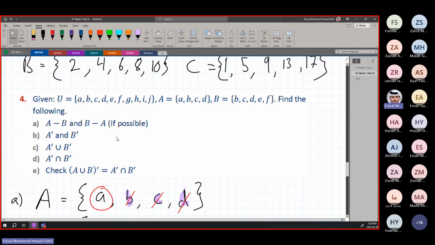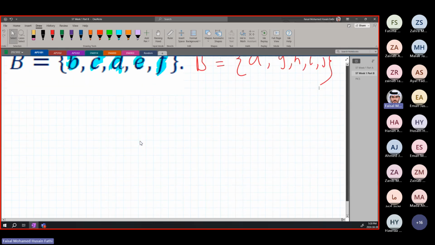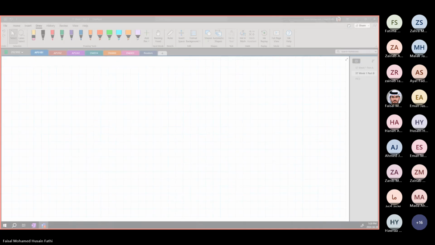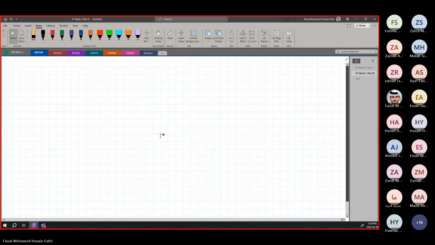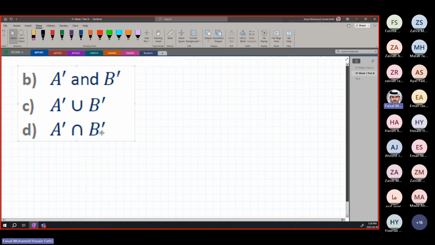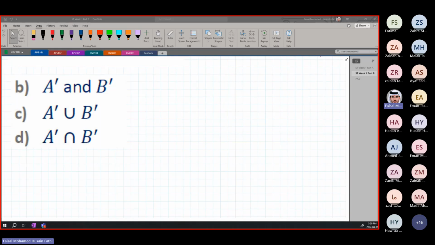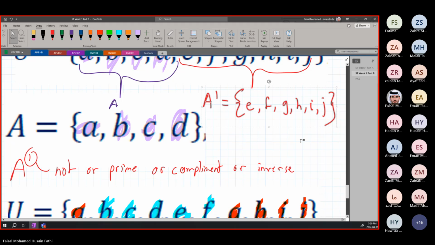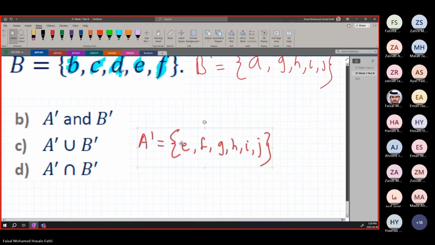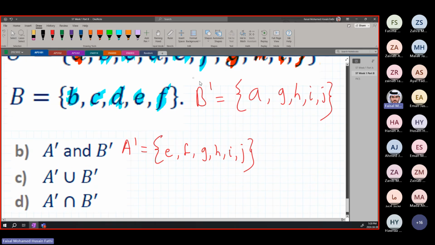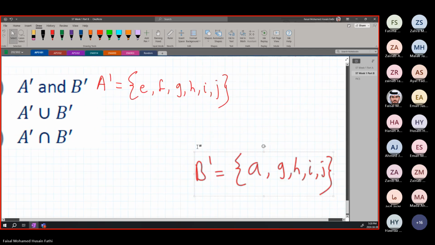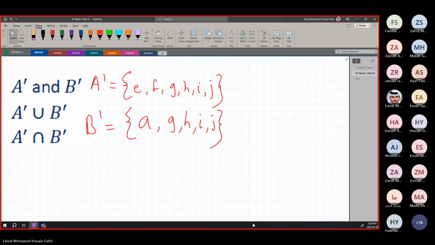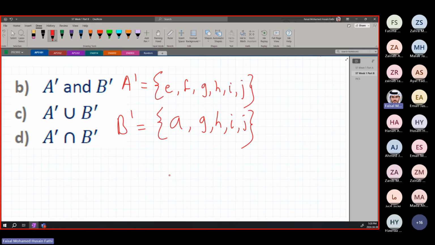All right. So now let's go to the actual question itself. The question says, or a lot of them say this, part B is asking for A naught and B naught. So we just write A naught and B naught, which we already did earlier. So this is A naught, and this is B naught. So this is for part A. Okay, part C, or part B, I mean.